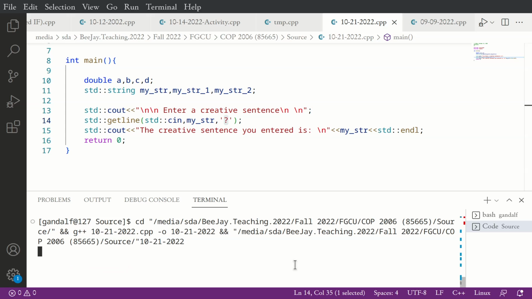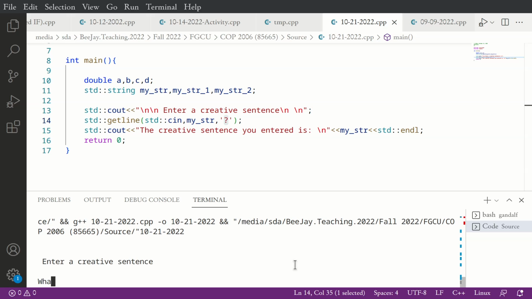Suppose I want to ask the question, what is the meaning of life? Which has a question mark. But if I put a question mark, it's going to end. What I actually want to type is what is the meaning of life, period, question mark, end that sentence, go to the next line. We are still figuring it out. Good? Okay, how do I end it with the question mark and go to the next line?